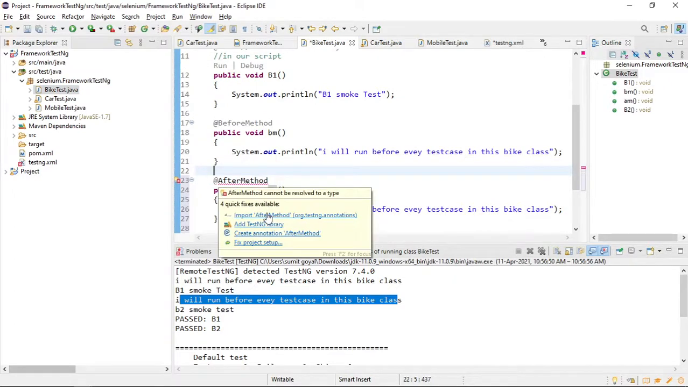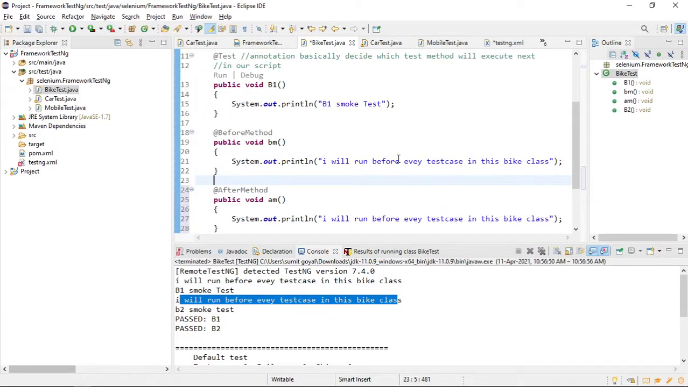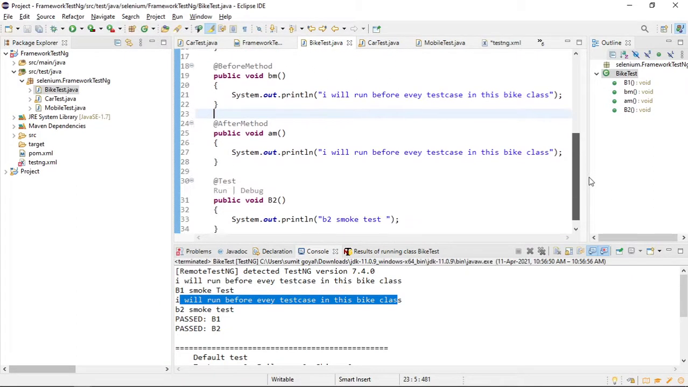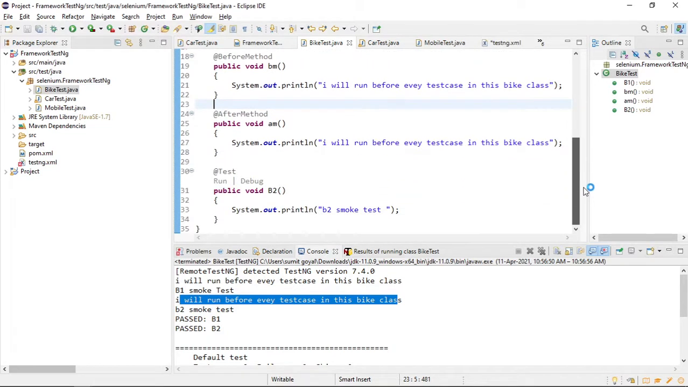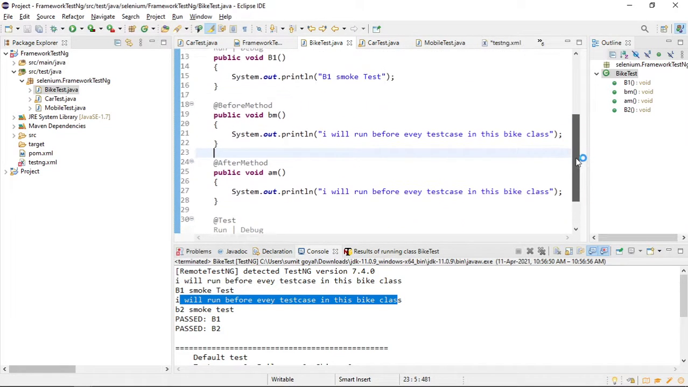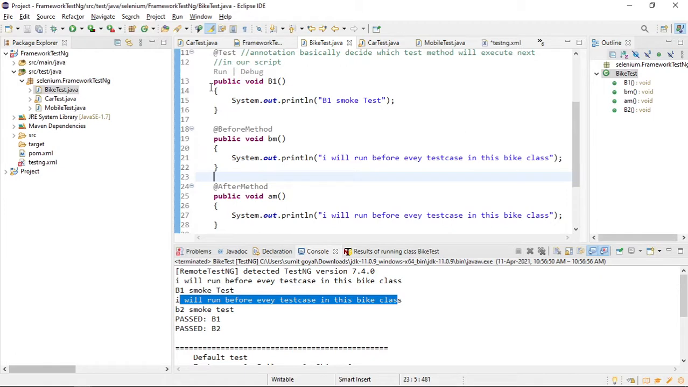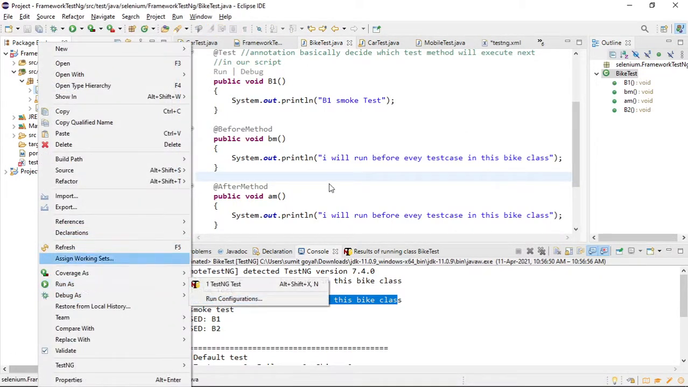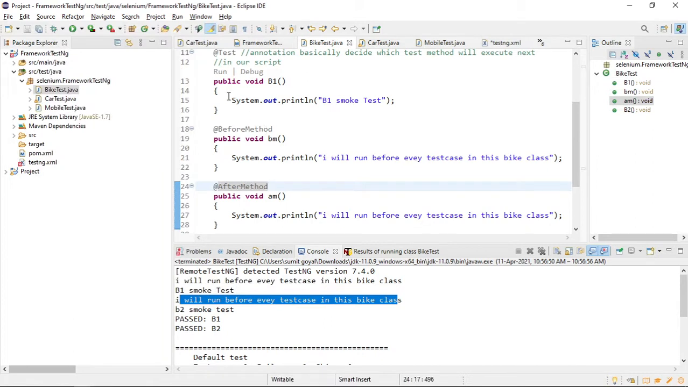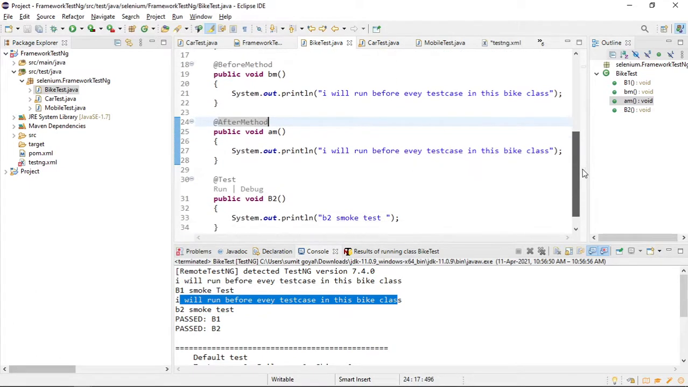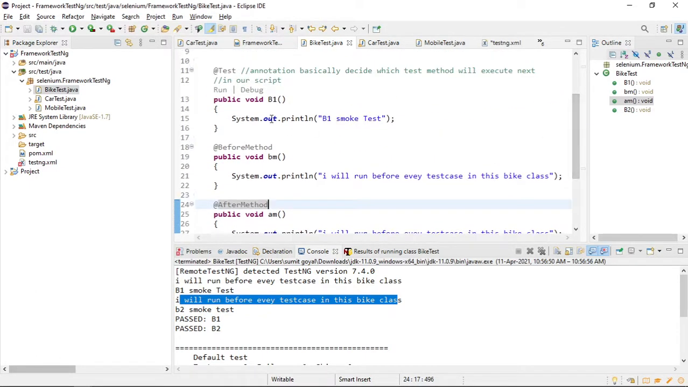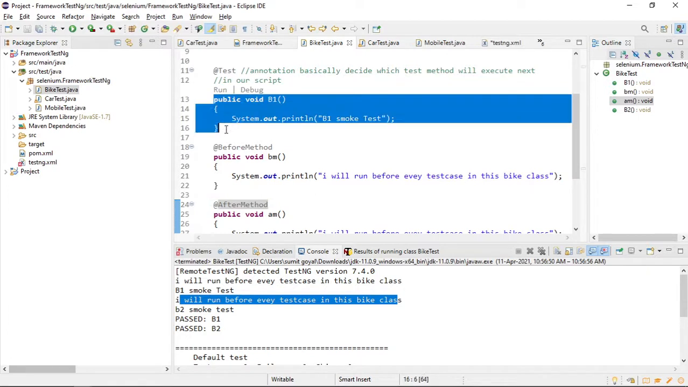Let me add after method as well. Now I'm adding after method in this class. So what will happen? When I'm running this class, right click, run as TestNG. First it will go alphabetically, because TestNG runs in alphabetical order. So here B1 and B2. First B1 will run. As soon as this tries to run,